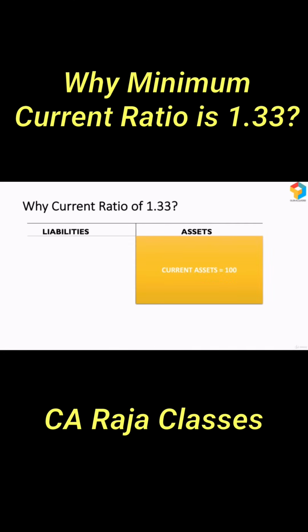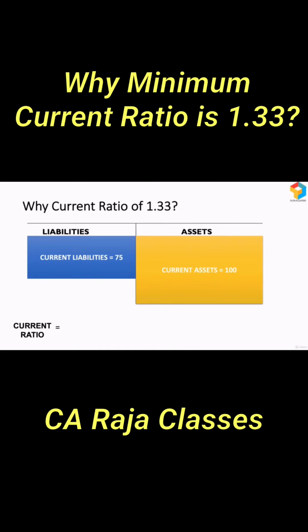Let's say I have current assets of 100 million and current liabilities of 75 million. And with this information, if I calculate the current ratio, it will be current assets by current liabilities, and it is 100 by 75. So it is 1.33. So what I can infer is, when my current ratio is 1.33, it means 75% of the current assets are